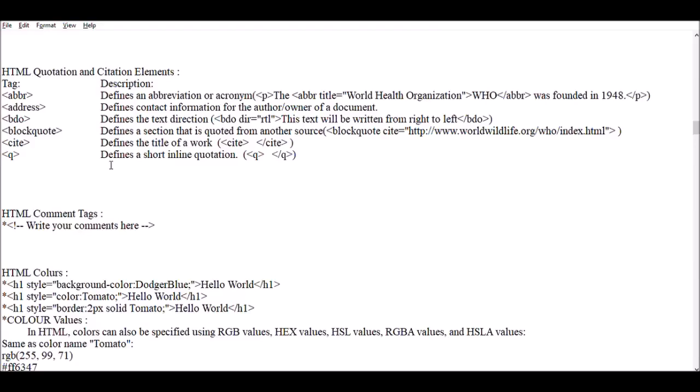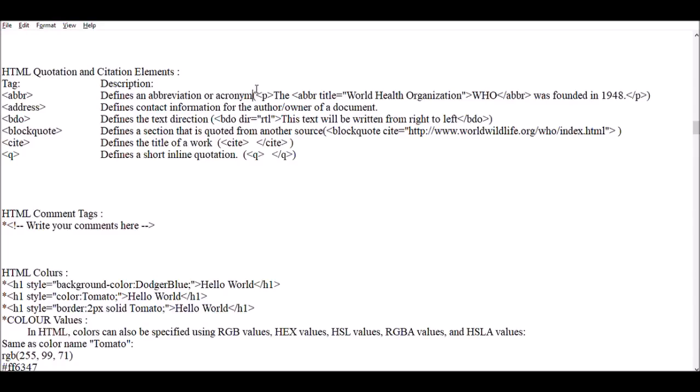Till now we learned most of the elements used in HTML, but there are more elements remaining. So let's talk about the HTML quotation and citation elements. There is a tag called abbr, used for an abbreviation or acronym.